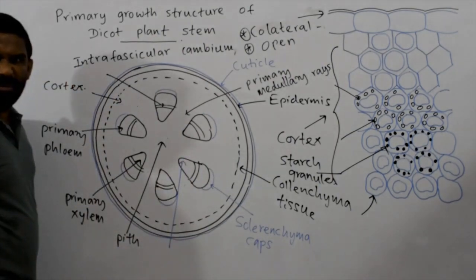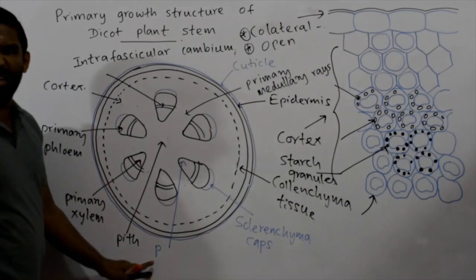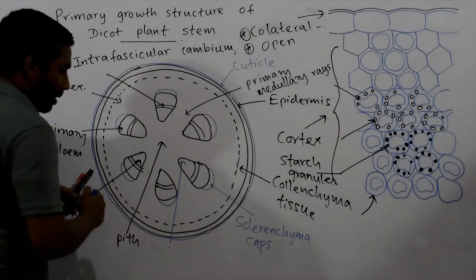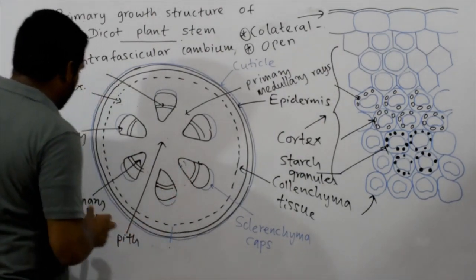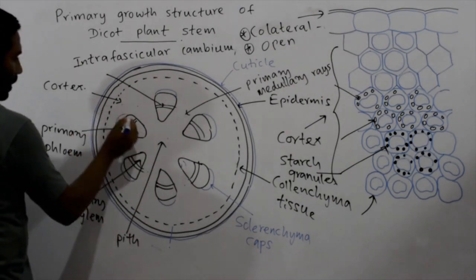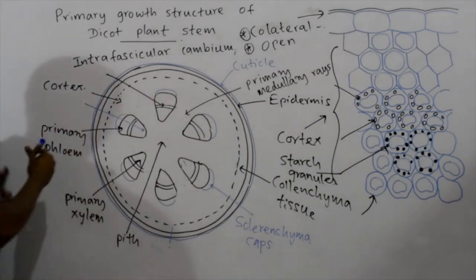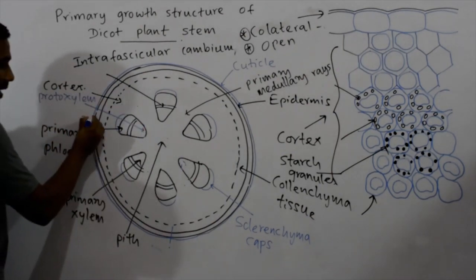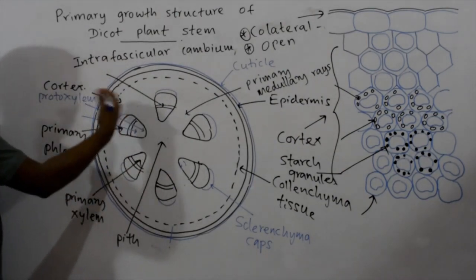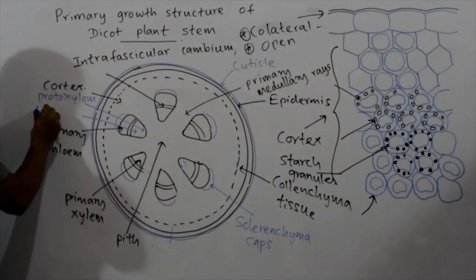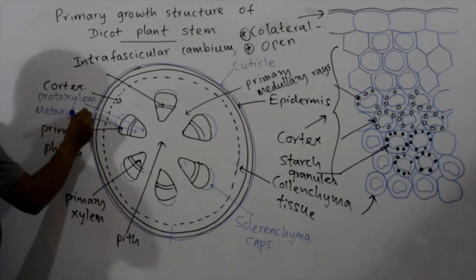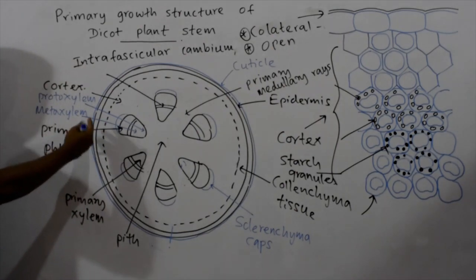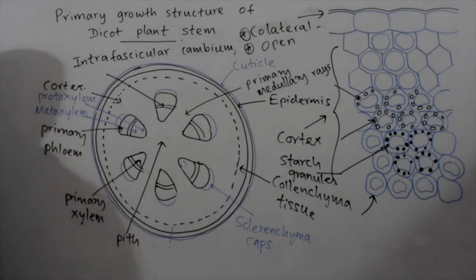Here in the stem, protoxylem that originates first is located towards the medial side. Imagine this is the protoxylem, at this region. Protoxylem that originates first is located more medially. So I will label it separately. Somewhere here, towards the medial side, it has protoxylem. Then metaxylem that originates later is located more peripheral to the protoxylem. So here this is metaxylem. Got that? Protoxylem is located more medially. Metaxylem that originates secondarily is located outer or peripheral to the protoxylem.